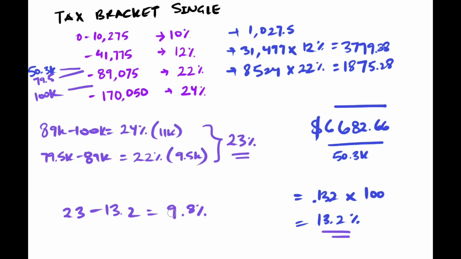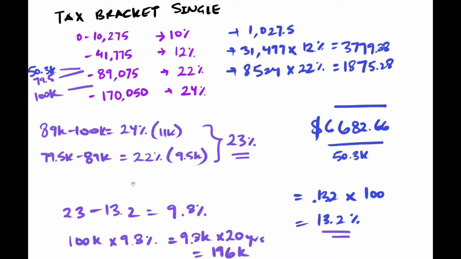Now, how does that look money-wise? Because that's going to add more context to all of this. So we started with 100K, so we can do times 9.8%. That equals 9.8K. Now, this wasn't just 1 year. This was for 20 years. So if you do 20 years, this equals 196K. So that's the amount of money our taxes got reduced by, meaning we didn't have to pay taxes on